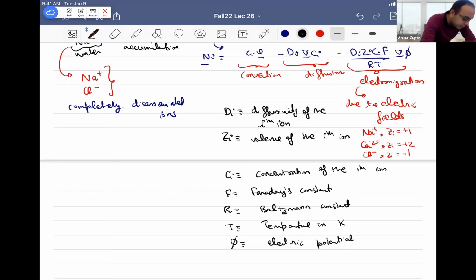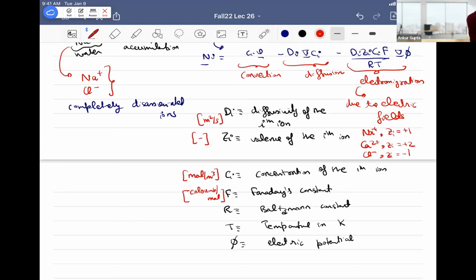So let's also write down the units of this. Meter square per second, we have discussed this. Let's use a different color. Meter square per second. Zi is dimensionless. Ci is mole per meter cube. And what is this charge? Charge is coulomb per mole. That is the charge carried by one mole